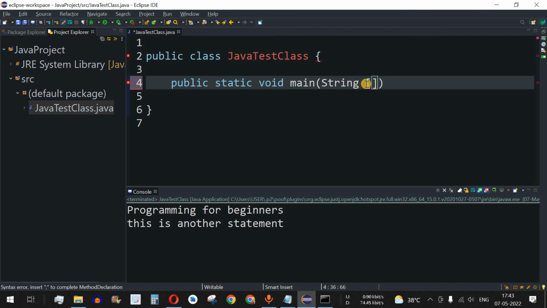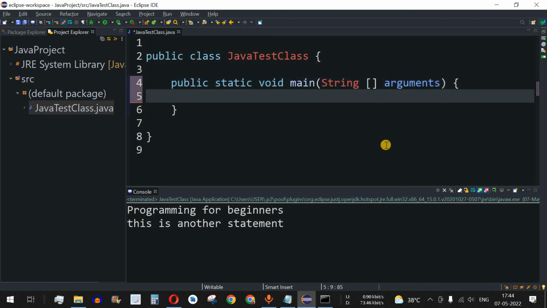So guys, this is the way that we use the open and close brackets in order to expect that there will be a list of strings that will be provided to this main method, and then followed by the name of the argument. So we'll just put args. So this is nothing but the name of the argument. We can have any variable name over here. We can have arguments as well. So we can type arguments, and then followed by open and close curly braces, and inside this curly braces we will have our lines of codes.